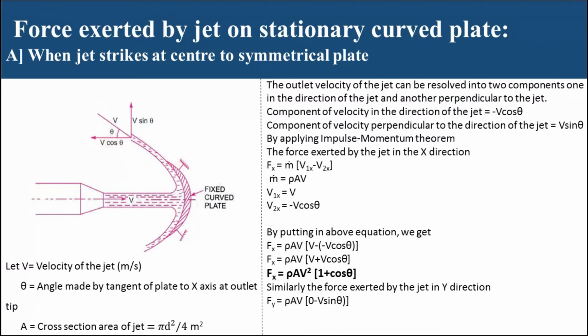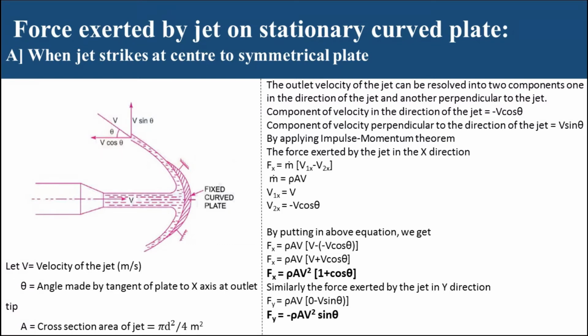Now see, the initial velocity in the y direction before impact is 0, and the final velocity in the y direction is v sin theta. So it will be 0 minus v sin theta. Okay, so it comes out to be minus rho a v square sin theta. Remember, in case of a curve plate, when the jet strikes at the center, for the symmetrical plate,